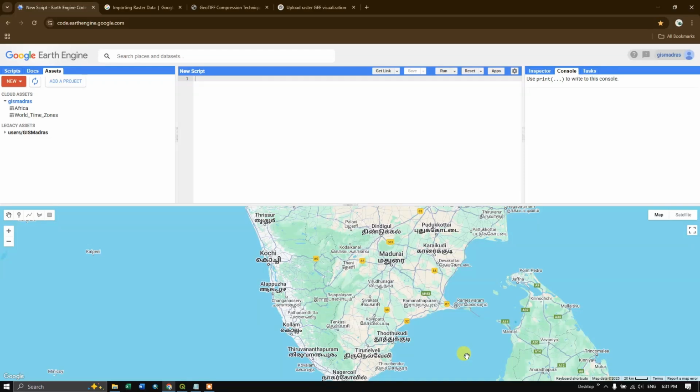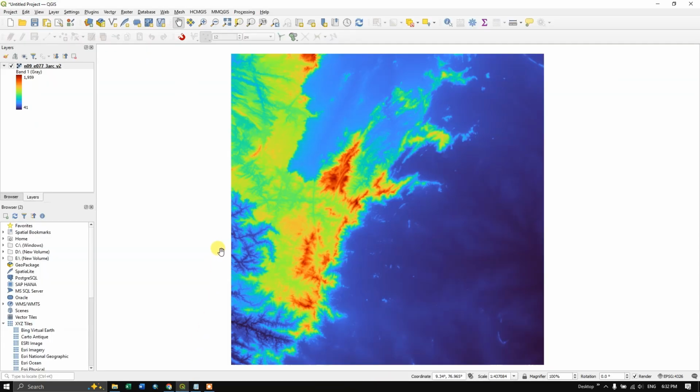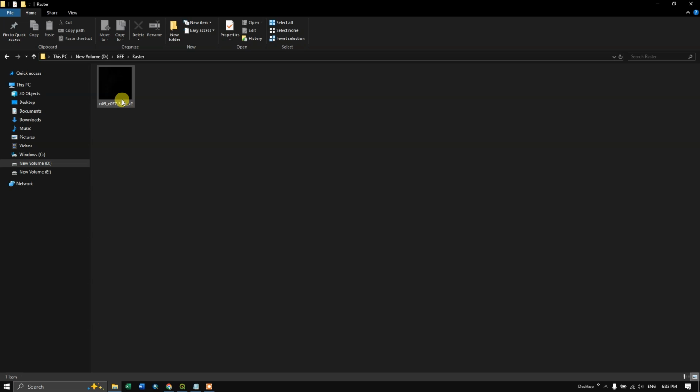In this video tutorial, we are going to see how to import a raster layer in Google Earth Engine. So let us have a look at the raster image. You can see this is the raster image. This is the SRTM DEM dataset. So let us proceed to upload this image, and this is the view of this DEM image in the file